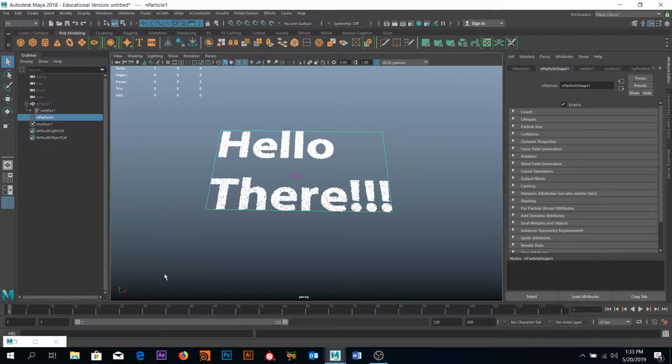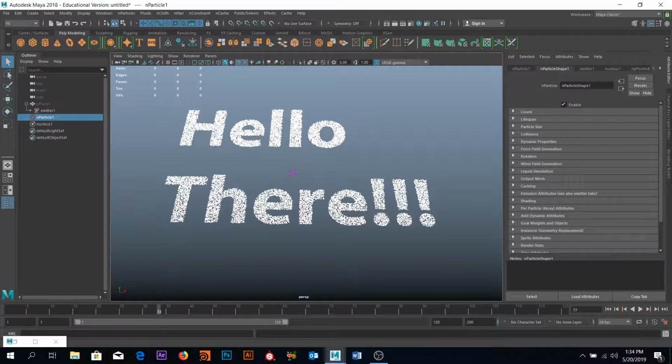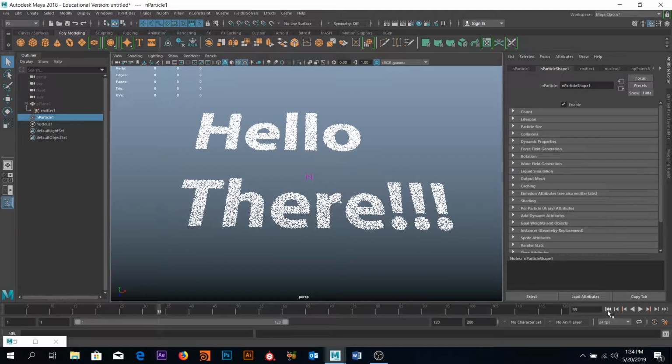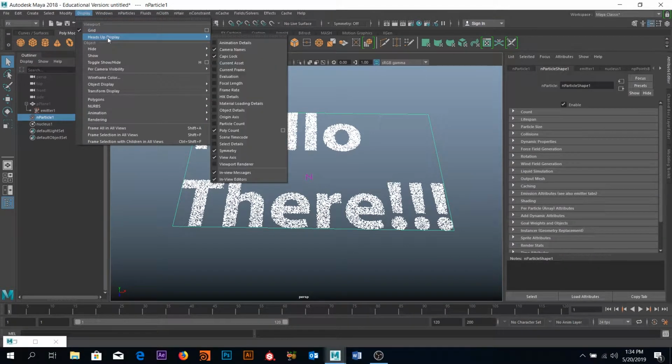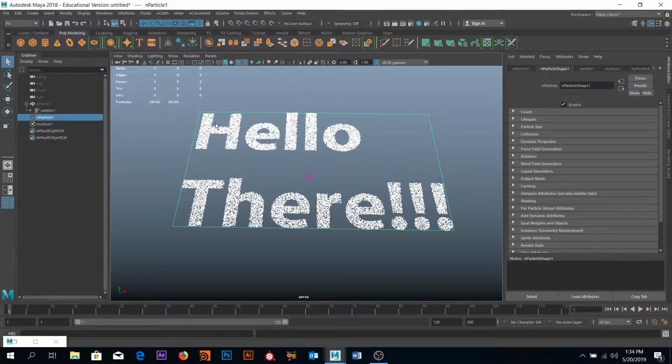Okay. So again, we are back to frame 1. But if I click play, you might not really be able to see it, but we're still emitting particles. And we can look at that by coming up here to display and over to heads up display. We already have our poly count on, which is always good, but we can also do a particle count. So I'm going to check that little box,